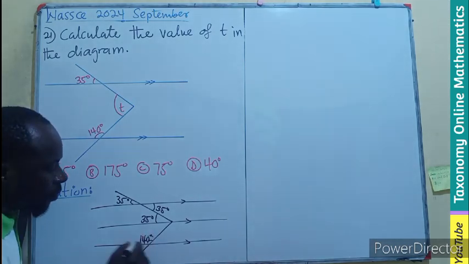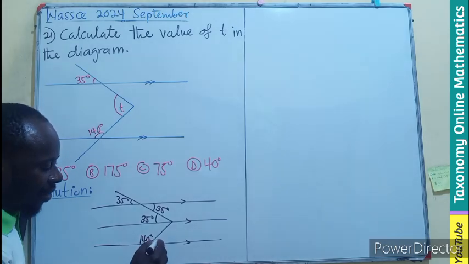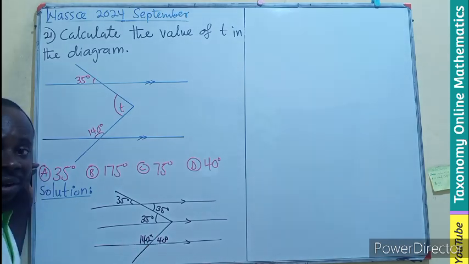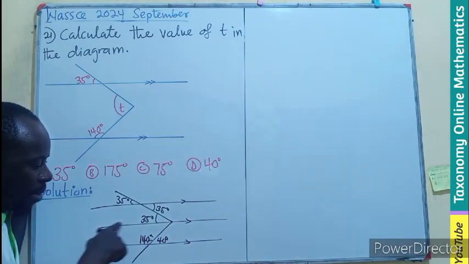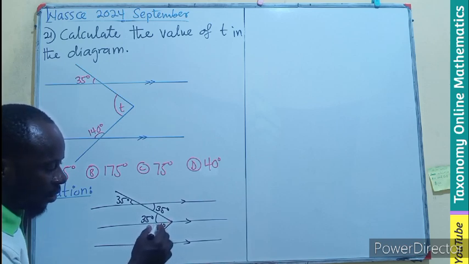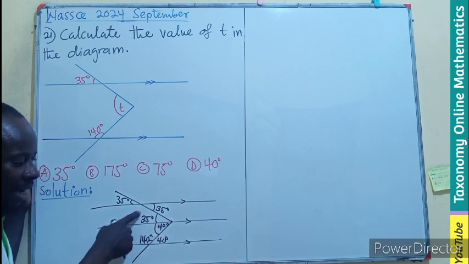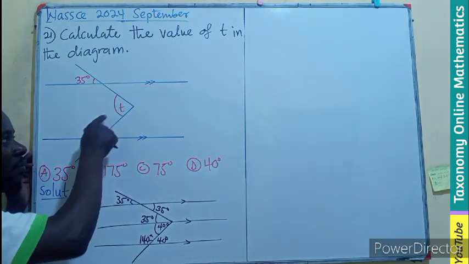Then the angle we have, 140, this angle here, we can also find this angle as 40 degrees, angles on a straight line, right? So if that is the case, between this parallel line and this is the transversal, so here will also become 40 degrees. And the 35 and the 40 are occupying the position of